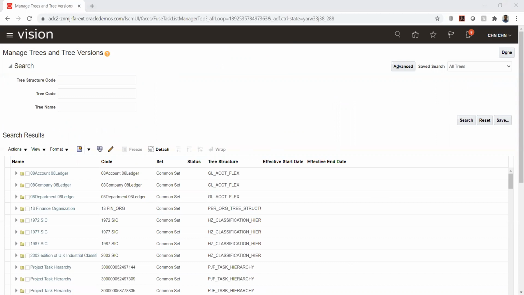So we have created a structure called KK tree.